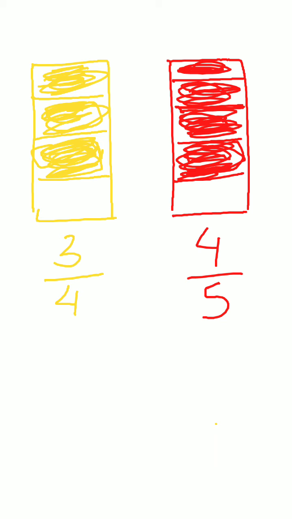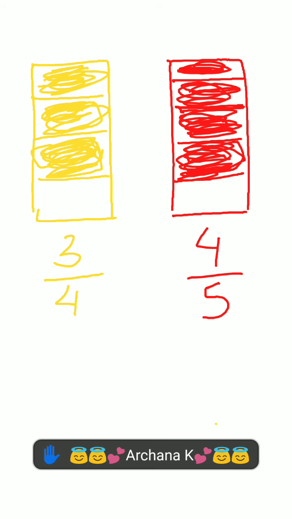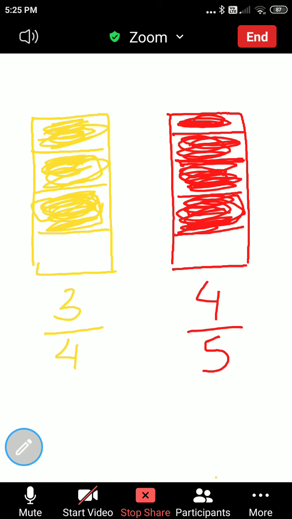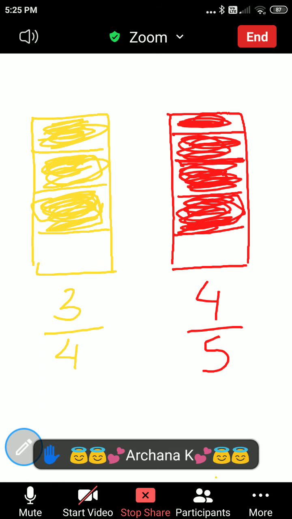Obviously, if I've got one chocolate and divide it into four pieces, and I get one chocolate and divide it into five pieces, obviously the chocolate which is divided into four pieces will have the bigger piece, no? Logic, no? Common sense. Think, imagine. Okay, after class, all of you make one chapati at home, and divide that chapati into four equal pieces and divide another chapati into five equal pieces. See which piece is bigger. So check that after class.